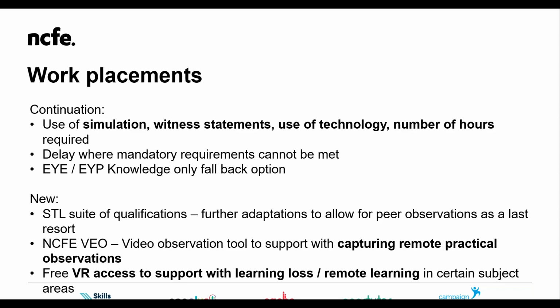So in terms of what's new for work placements, we have a suite of supporting teaching and learning qualifications, and particularly at level 2 and level 3, we recognise there may be restrictions around access to undertaking work placements, certainly within education establishments, so they may struggle to get those observations in. With that in mind, we've put in place adaptations to support peer-to-peer observation as a last resort where they cannot access work placements, to enable learners in those qualifications to complete their work. The details for those supporting teaching and learning qualifications will again be published within our adaptation agendas, which will be published later in August.